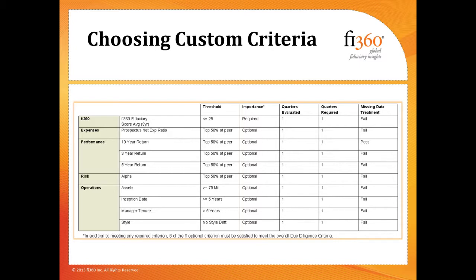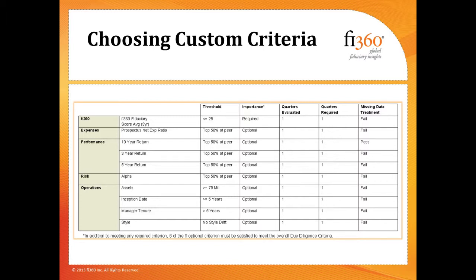Moving further to the right, we have quarters evaluated and quarters required. So you can put a time screen over some of these. So maybe you're looking at alpha over 3 or 4, 6, 10 quarters, however long, and you want to have a certain level that it needs to pass. Maybe 3 out of 6 quarters it needs to be above 50th percentile. So in this case we're just looking at 1 of 1, which is the most recent quarter,